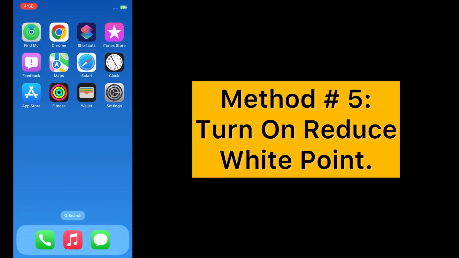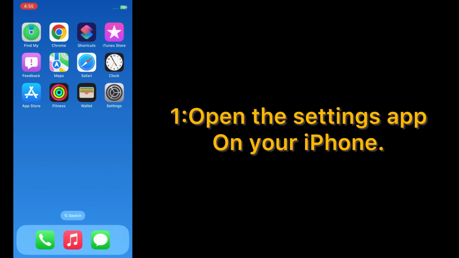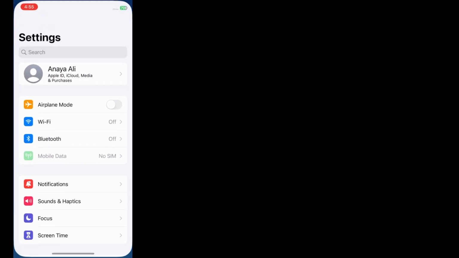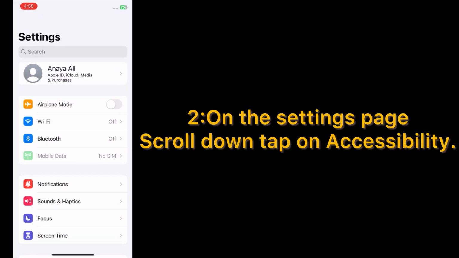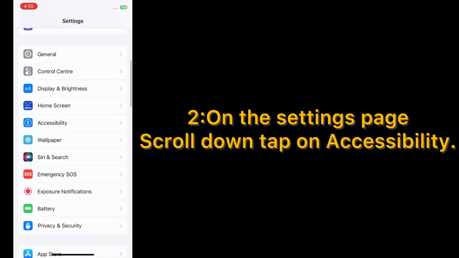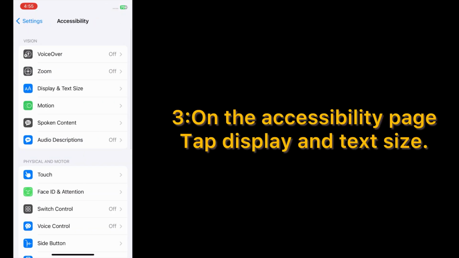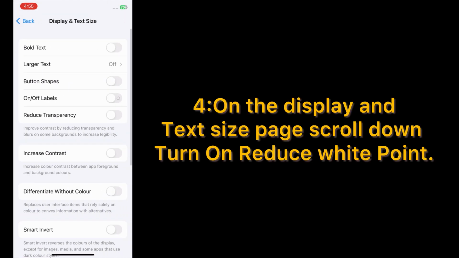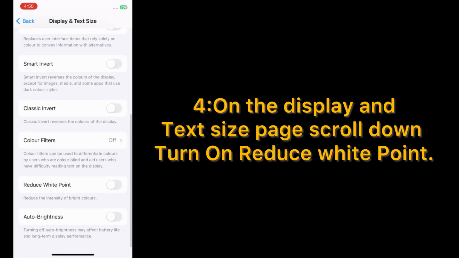Method number 5. Turn on reduce white point. Open the Settings app on your iPhone. On the settings page, scroll down, tap on accessibility. On the accessibility page, tap display and text size. On the display and text size page, scroll down, turn on